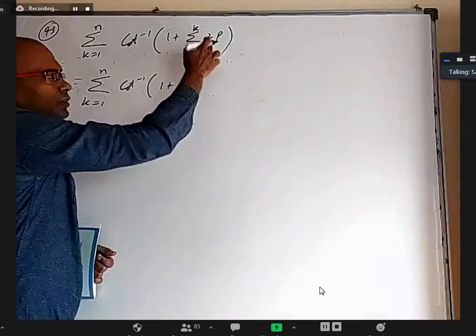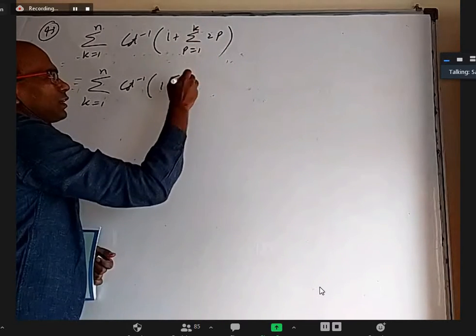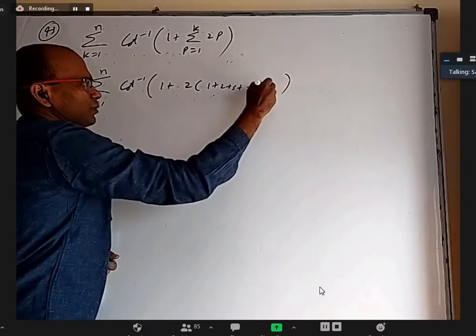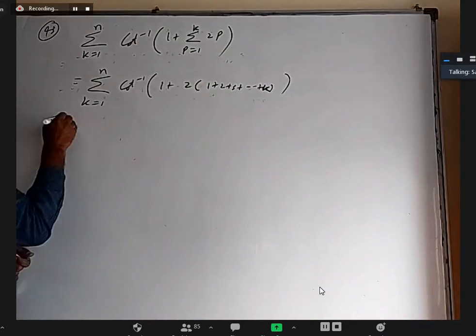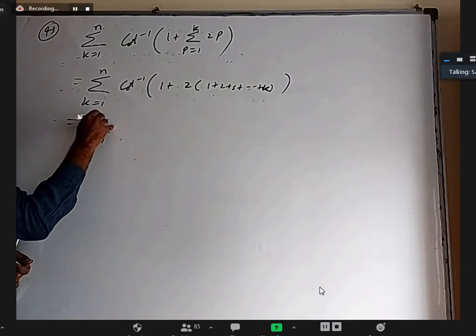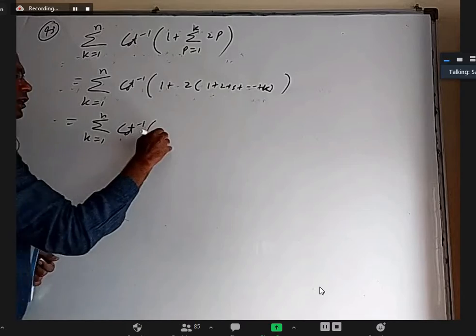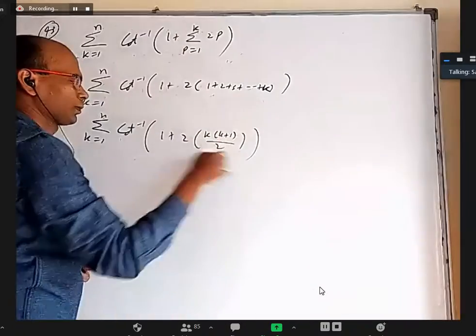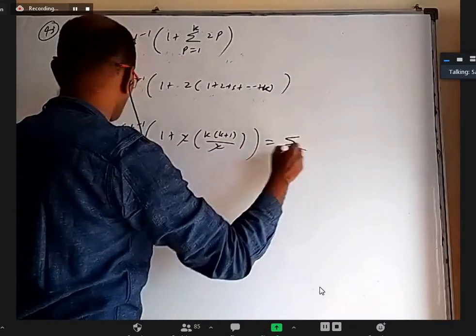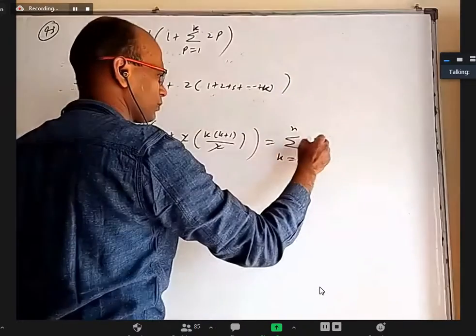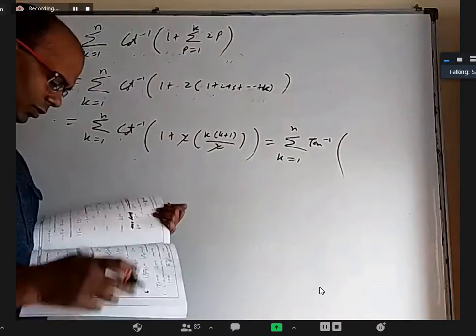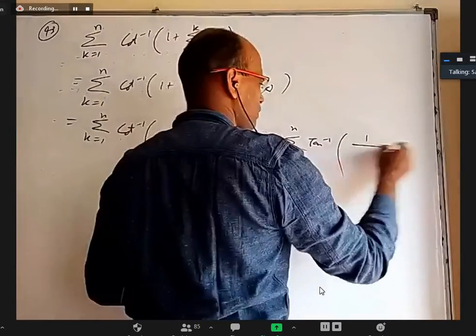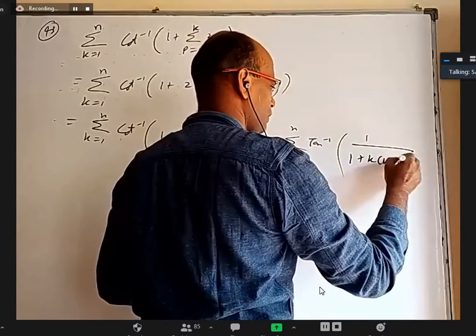It's actually the sum of even numbers. If you take 2 common, it is 1 plus 2 plus 3 and so on up to k. So same question, maybe to get habituated to sigma, I guess. Sigma k equal to 1 to n cot inverse. This is the sum of k natural numbers, so k into (k plus 1) by 2. Cancel this. And the cot inverse, you can write as tan inverse, 1 by (1 plus k into (k plus 1)).